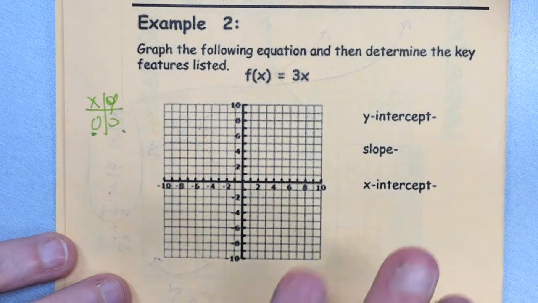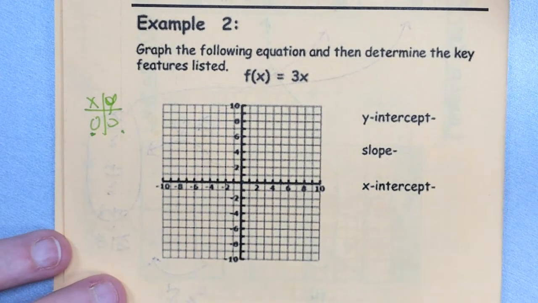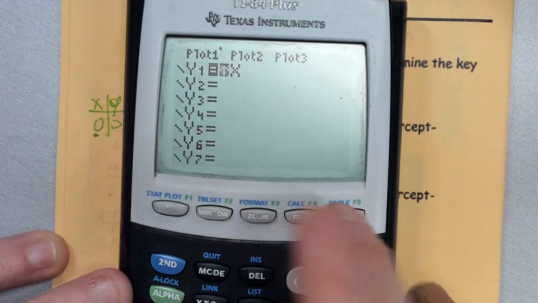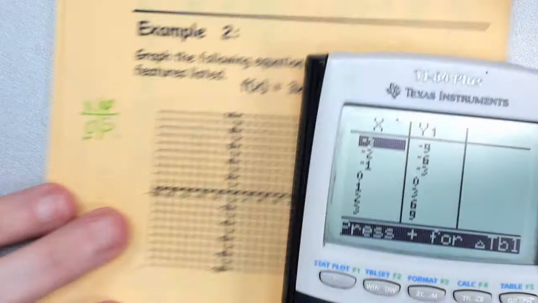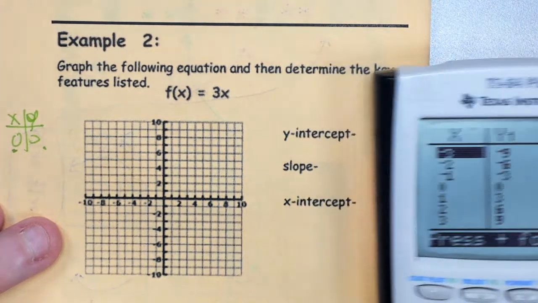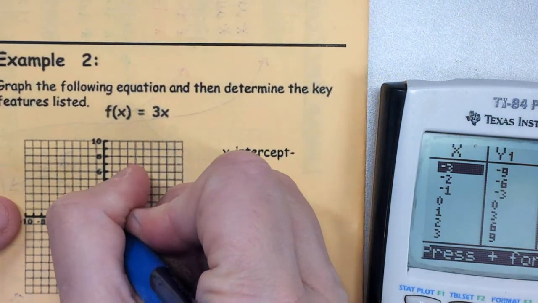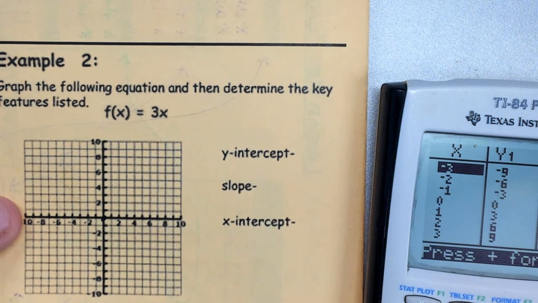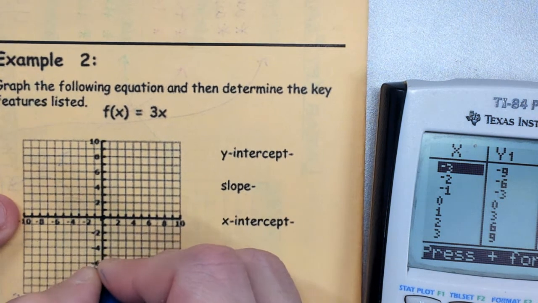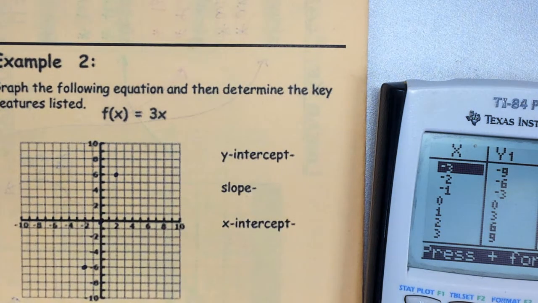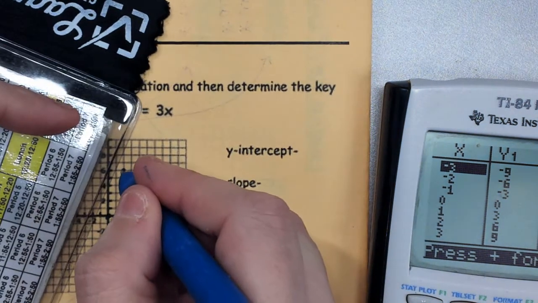Okay? F of x equals 3x. If I put f of x equals 3x into my calculator, and I look at the table, I can pull out some points here that I can graph. So I could plot 0, 0. I could plot maybe -2, -6. And then I could do +2, +6. When I draw my line through these points,